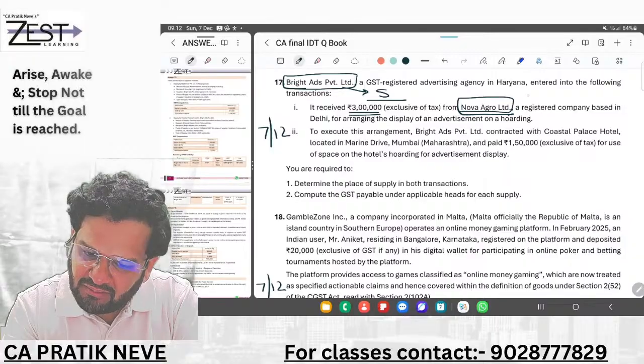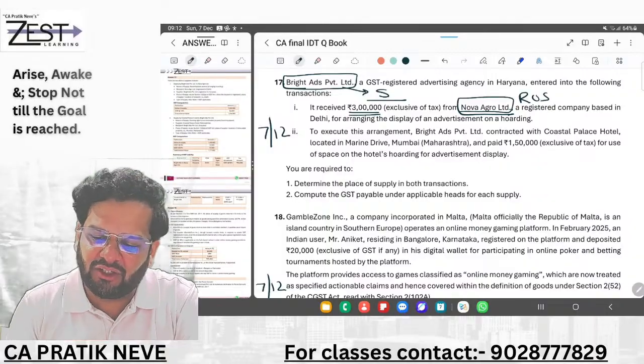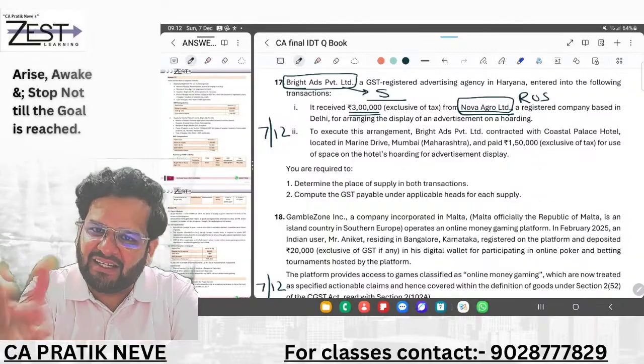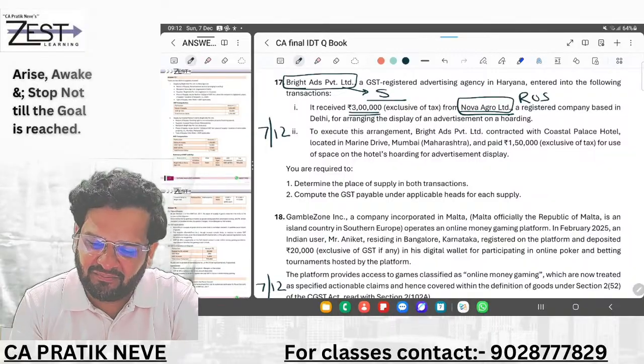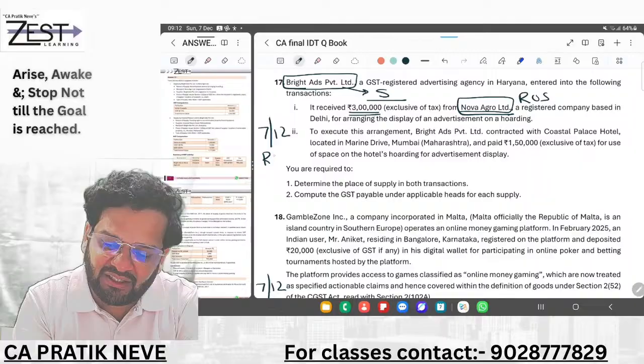So this becomes the recipient of supply for arranging display of an advertisement on the hoarding. Right now we have seen a similar thing. So I think this is a repeat. Repeat means you can relate this with